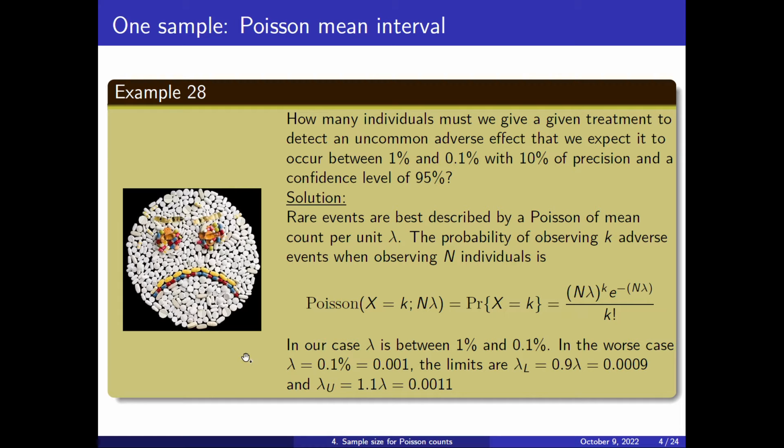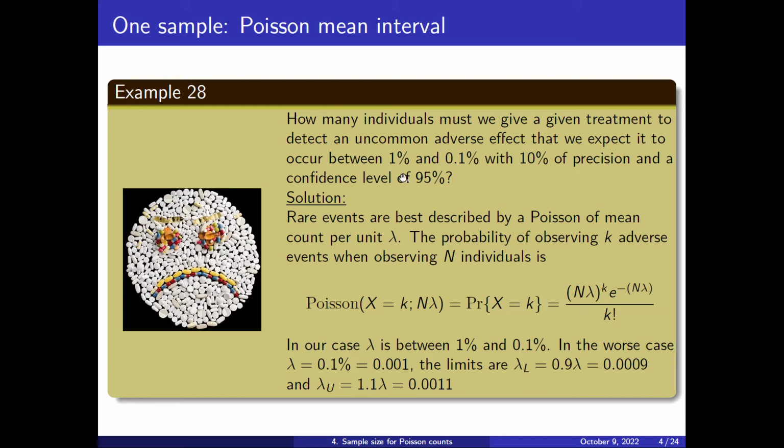For instance, let's say that you have a large population, let's say 100,000 people, and then some event occurs to 1% to 0.1% of that population. Those are rare events, events that do not normally happen. This is the case of uncommon adverse effects of drugs. And then the probability of observing a given Poisson count, let's say two adverse effects in these